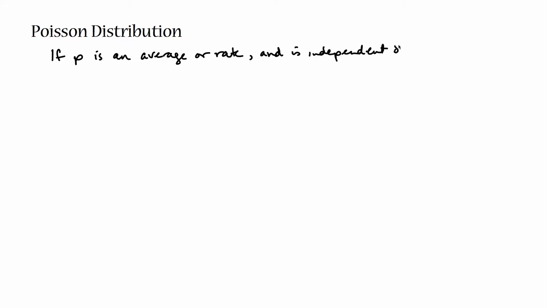So if the probability of success p is an average rate over time or space, and it's independent of when the last success happened, independent of the last success,